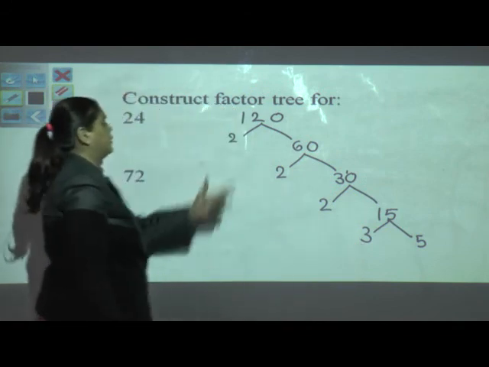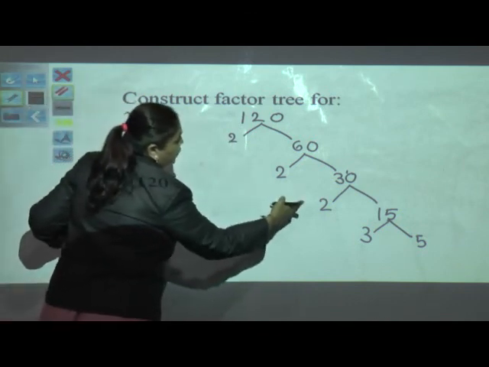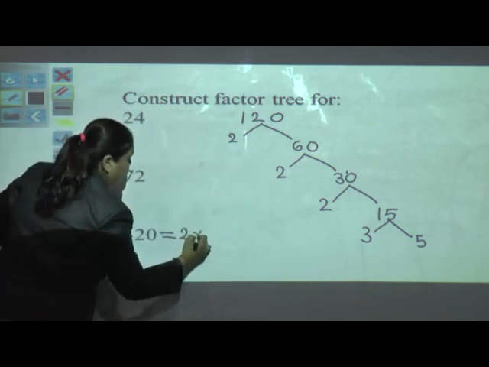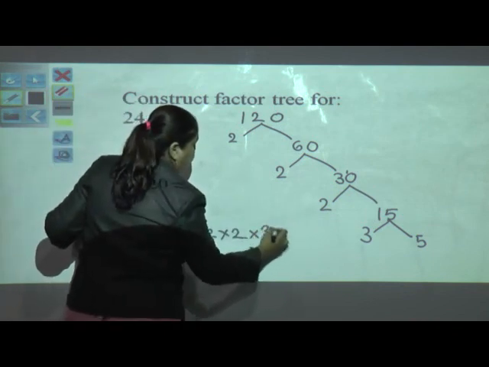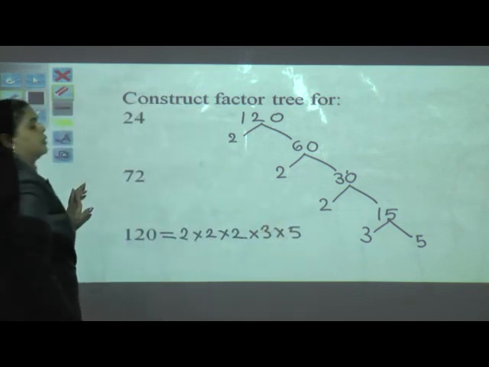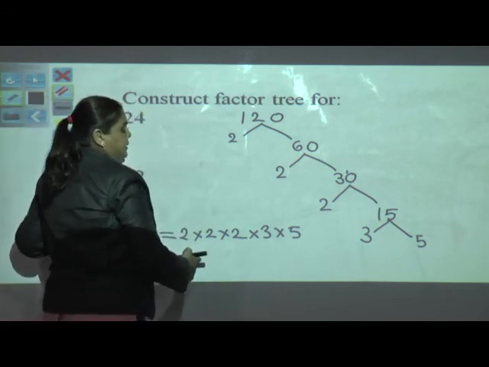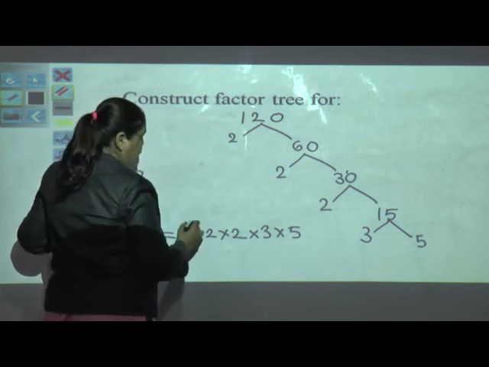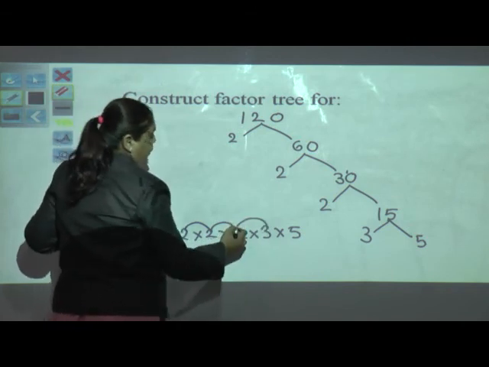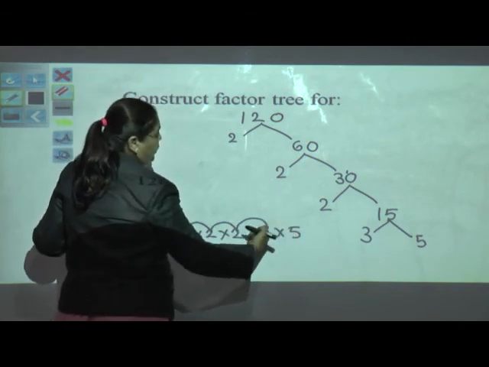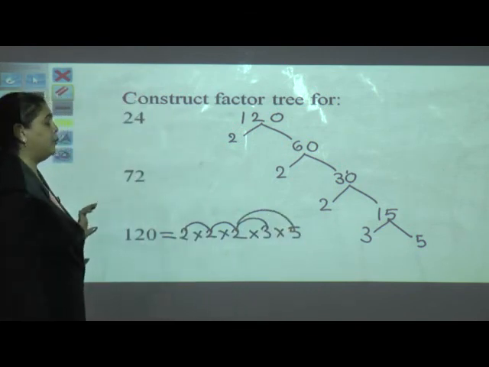So what are the factors of 120? I will write 2 multiplied by 2 multiplied by 2, and 3 one time, and multiplied by 5. So these are the factors of 120. I want to check whether what I have done is correct or not. I can go 2 2s are 4, 4 2s are 8, 8 5s are 40. You can do it in this way or you can directly jump, whichever is more convenient when you get the numbers.